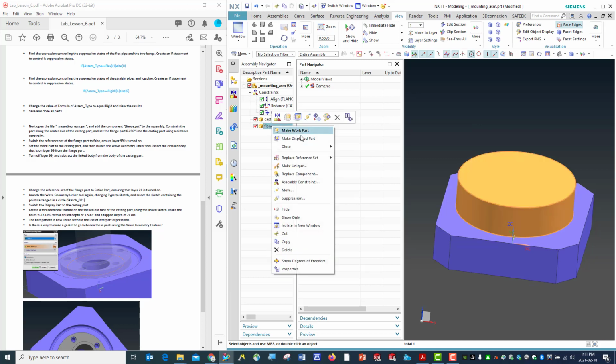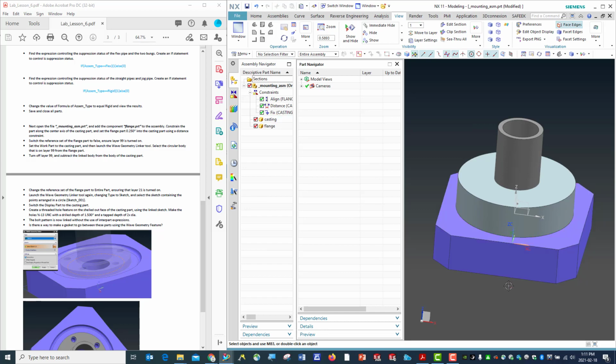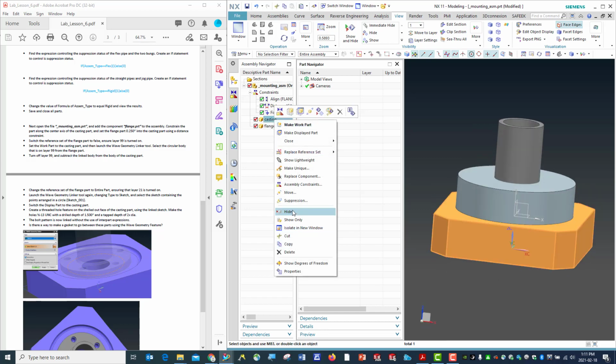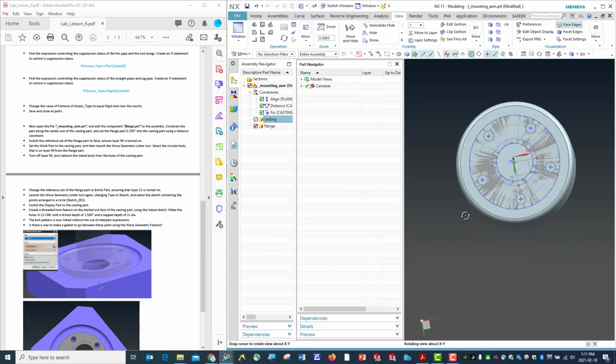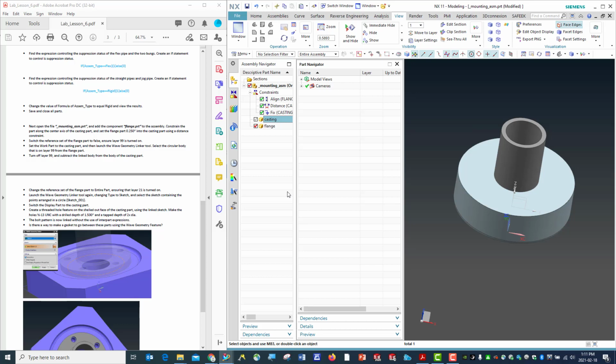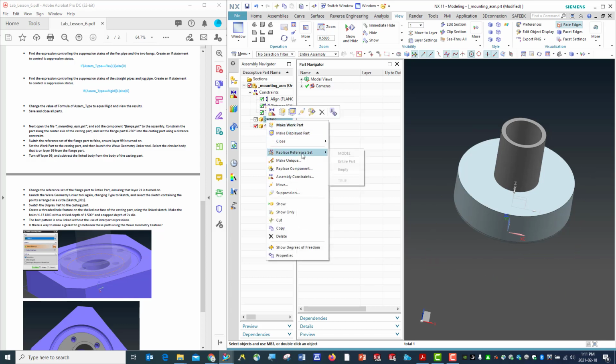Oh, sorry, I think I used this one, right? Entire part. Okay, so all right, let me hide this one. You see, this is associated to our parts, right? Okay. All right, so let's go back to reference set